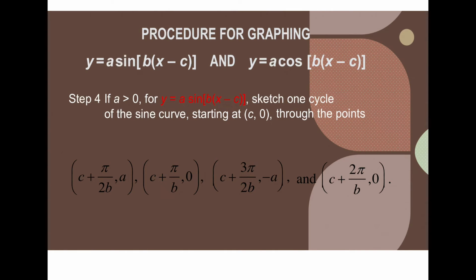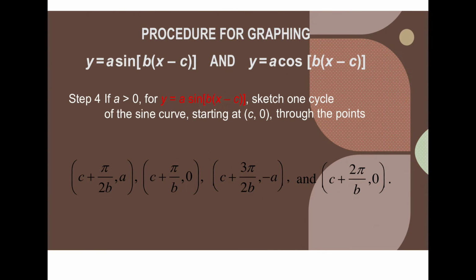Of course, pairing up these new points that we found with their values, we're going to start with c, and that's our 0 point, and that's for a sine function, because sine always starts at 0. We'll be starting there, and then adding our new period: a, new period 0, new period negative a, and then 0. So really we're just denoting here that whatever a is, the new amplitude, that'll be our new points at these key